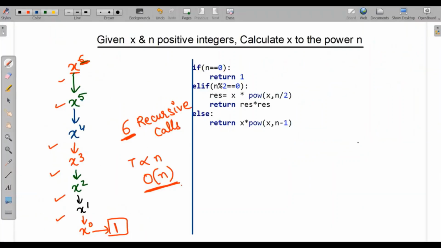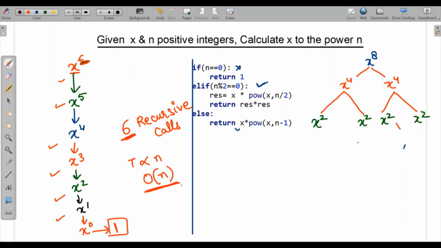So here I have written this code. So let's implement as per the code. Let's take an example x to the power of 6. Let's take somewhat bigger than this. So here I'll take x to the power of 8. As 8 is not equal to 0, it won't be going in it, and 8 is even. So it will go to the elif condition. Here it will distribute into 2, x to the power of 4, x to the power of 4. Then again 4 is an even number. It will distribute among 2, and here it will return x to the power of 2 and x to the power of 2.